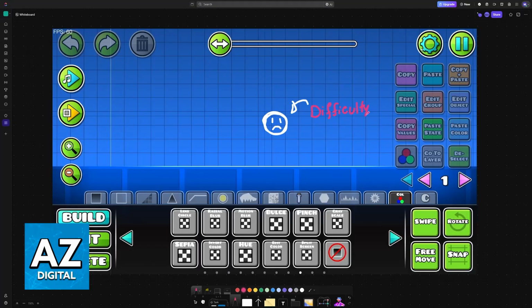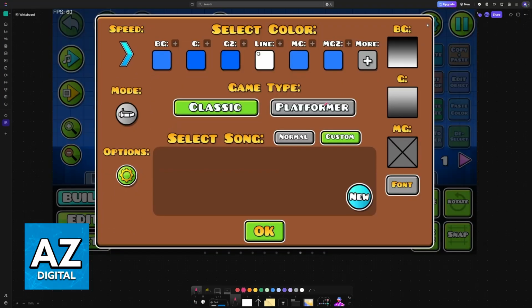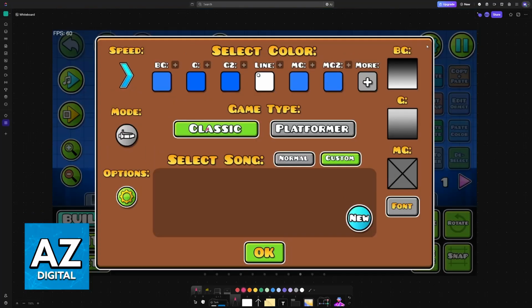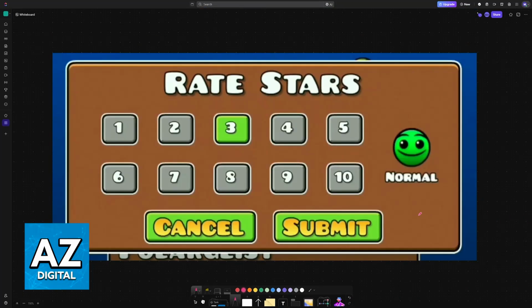Now you might be curious how you can customize the difficulty face of a level that you make. If you look through the settings of your level, you won't be able to find the option to choose the difficulty face. This is because of the way the system works, you will not be able to choose them manually. Basically, anytime someone clears a level of yours, they will be able to rate it by giving it stars, and also rate the difficulty of your level. After enough players have played through your level and rated it, then the difficulty face will be assigned automatically.